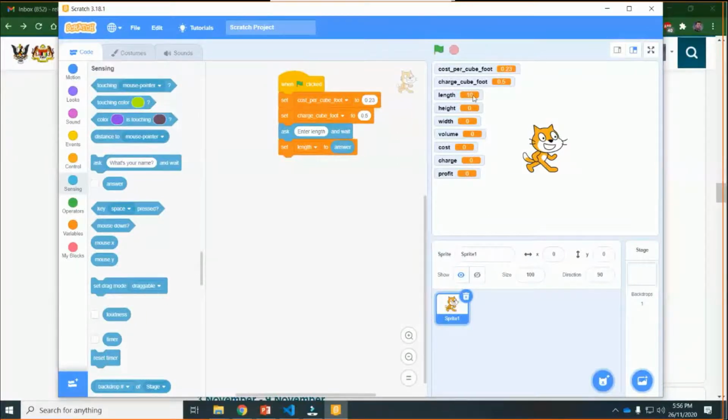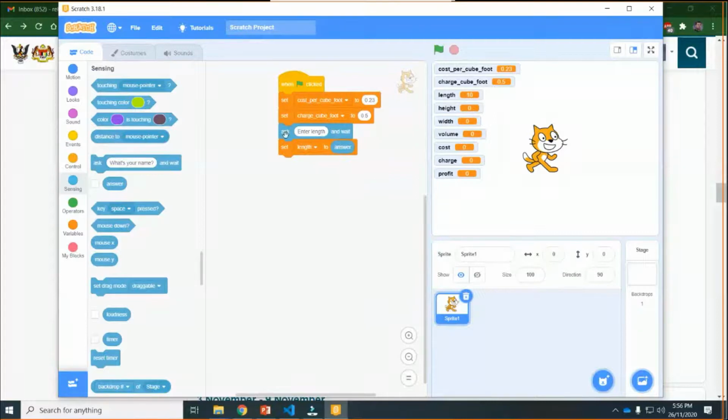It got the value. So any input value goes to the answer, and then from the answer we assign to the length. In C++, it is like length equal to answer.